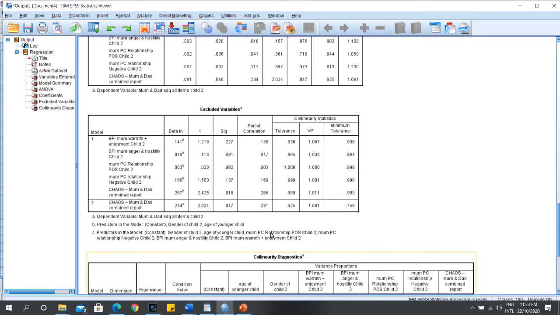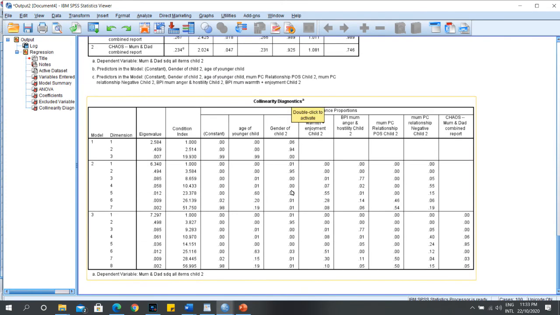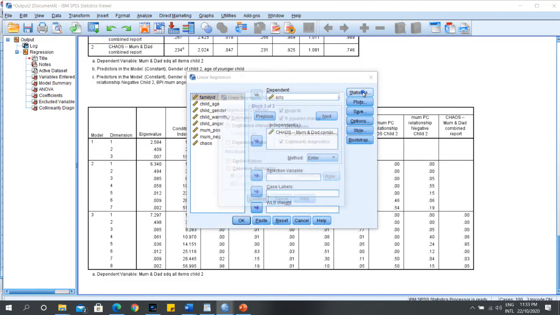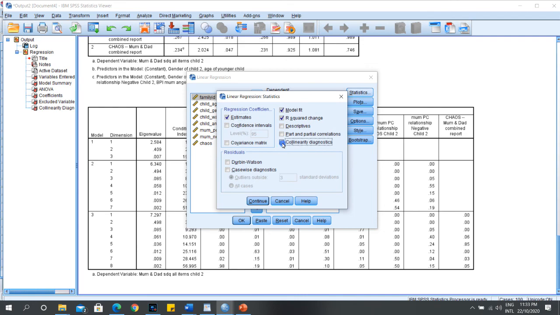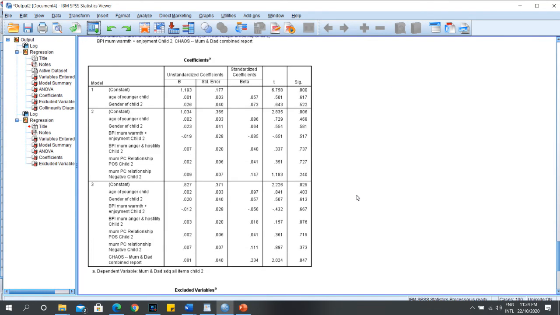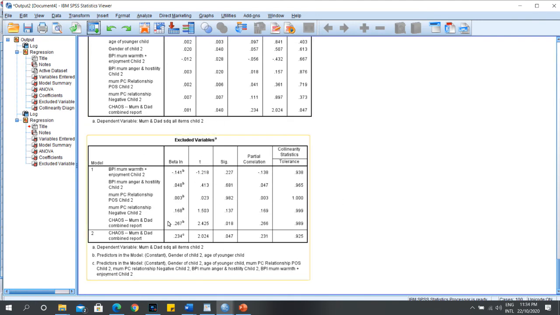So this is how we do a task 3. Khadim, no need to add collinearity, just go again here, no need to add this, remove this one and then click OK. So these are the tables which you need in your analysis.